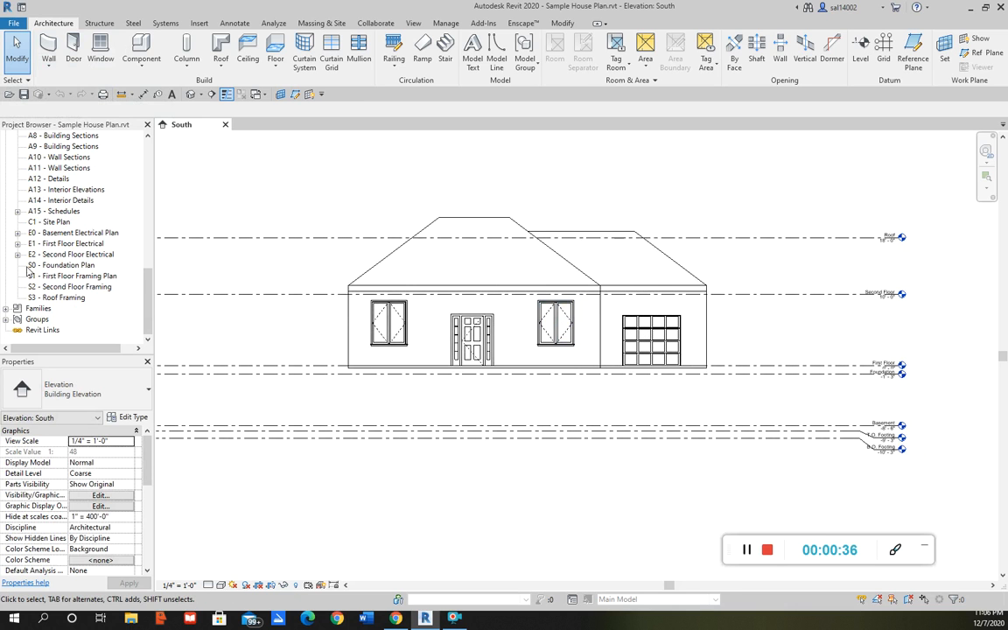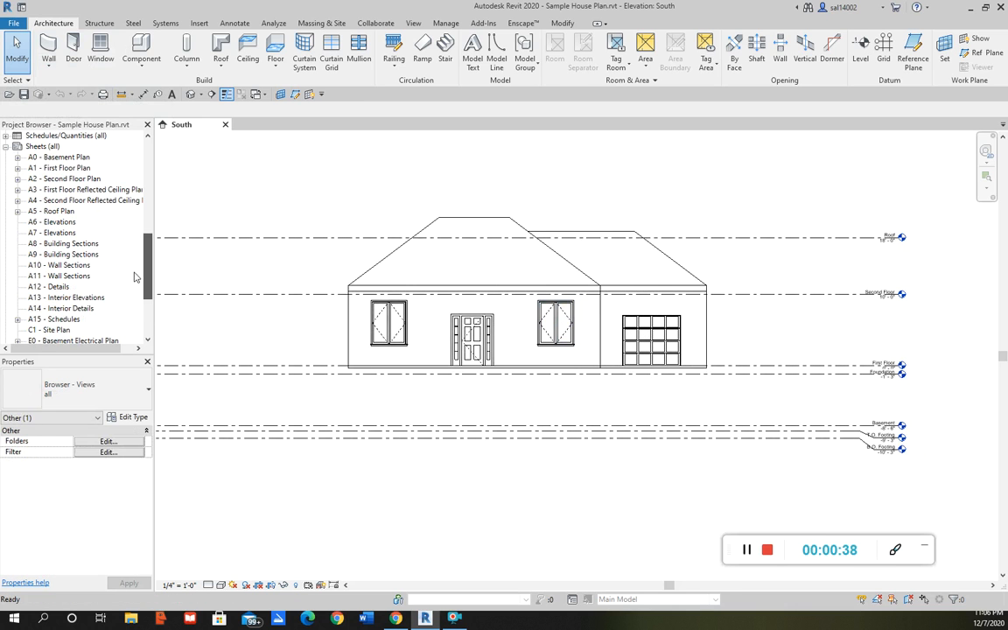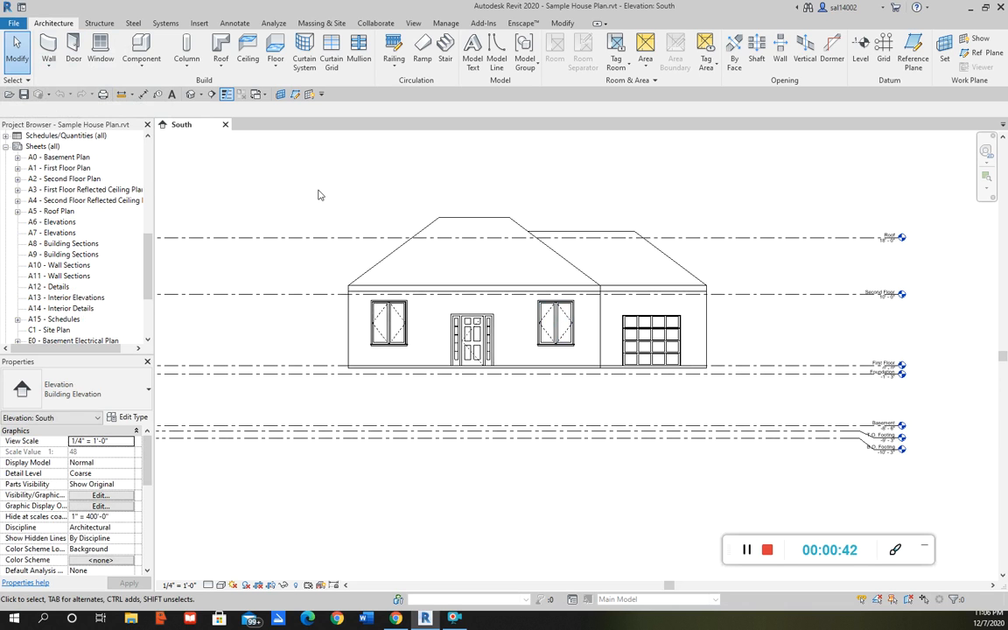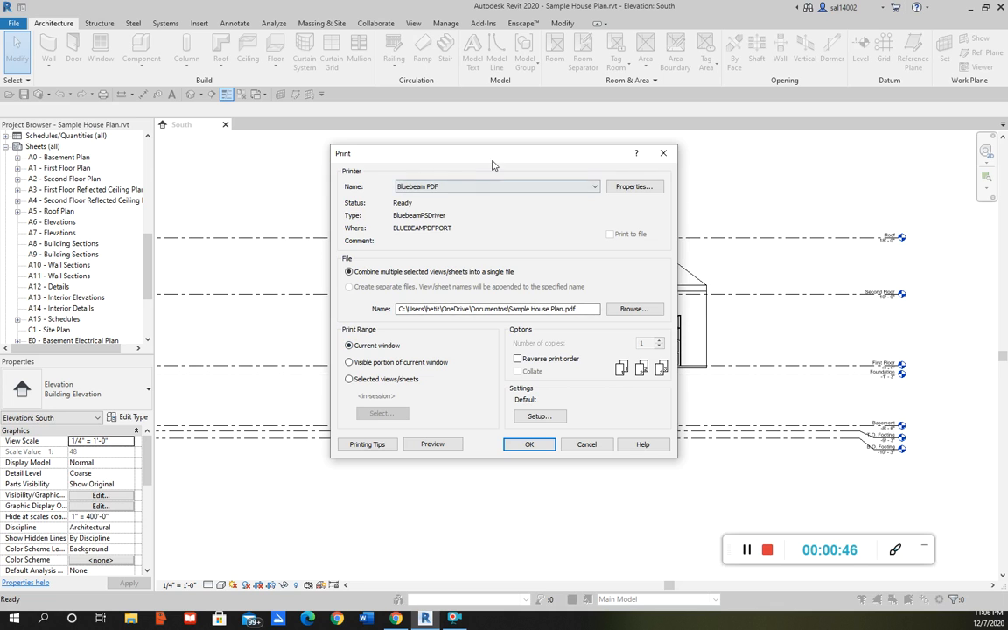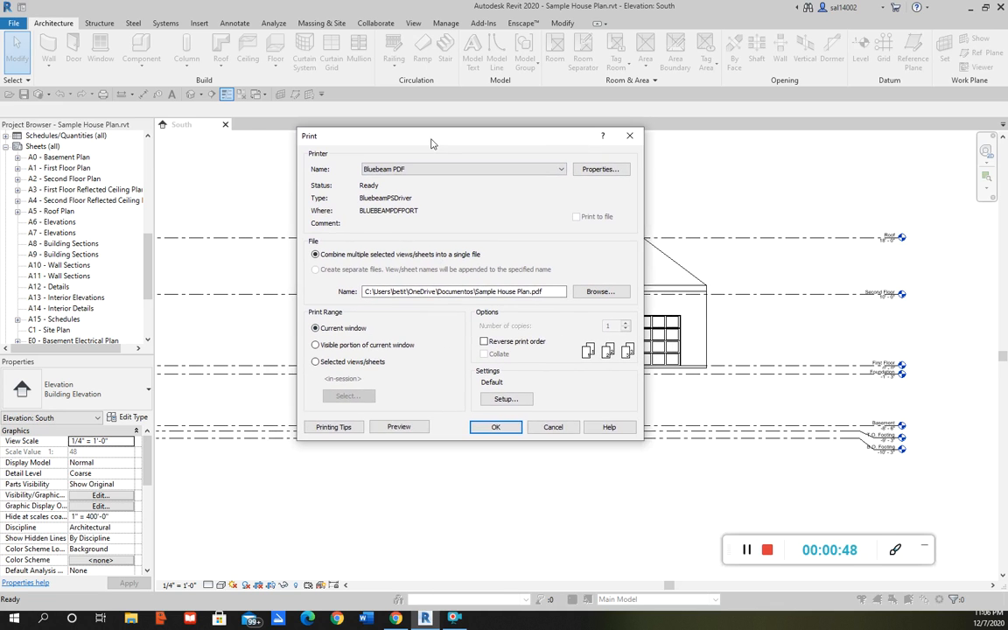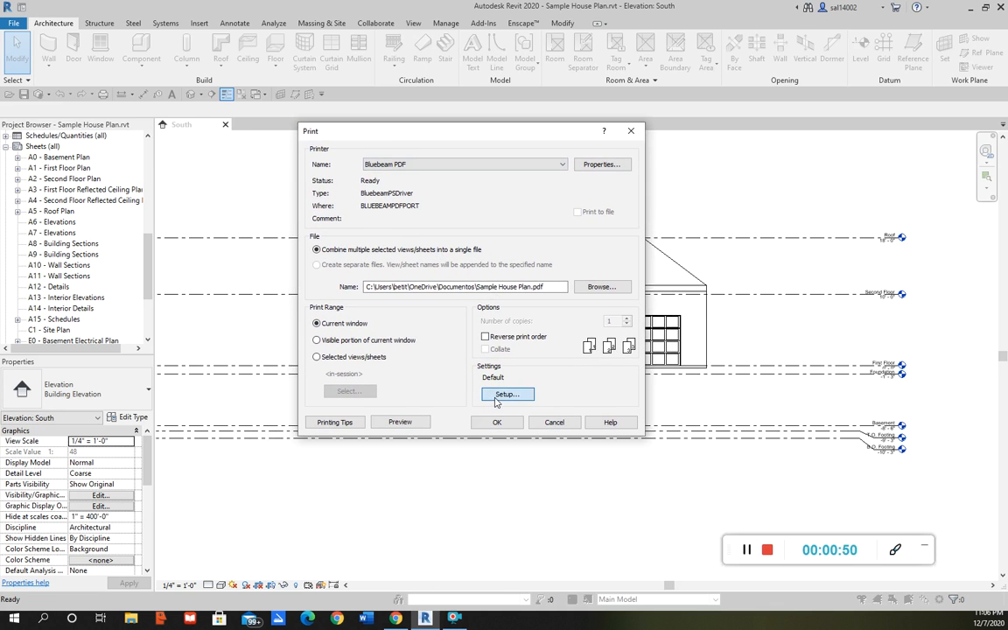So I have this project and I have these sheets. Let's say I had them all done. I'm just going to go to Control P, and so that we can get this format that we want, we just go into Setup here